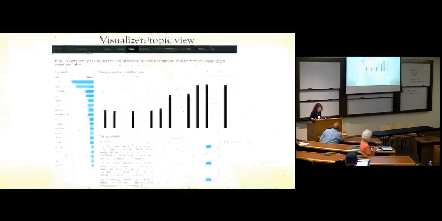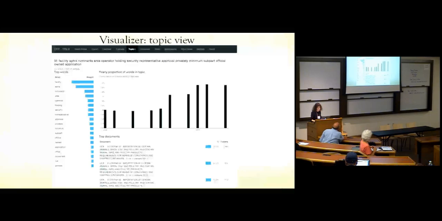From the topic view, we can get to any individual topic, and it shows the prominence of the topic in the corpus over time, the most important documents that are associated with the topic, and the terms that are also associated with the topic. This can be somewhat helpful in getting a little bit of a better sense, and from this view, model developers tend to drill down on a particular document to see what is associated with that document. Also can drill down on the top words in the document.